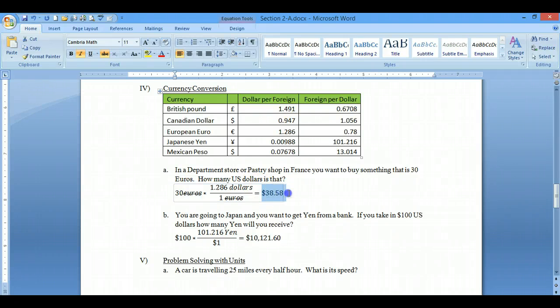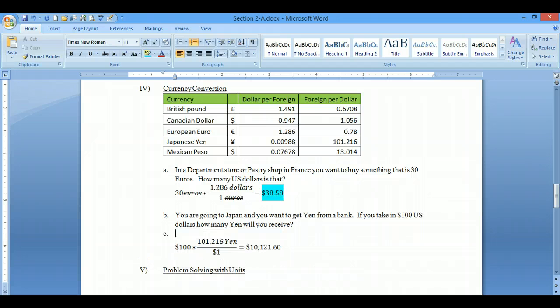And again, highlight in some fashion. I'm getting kind of done with yellow, so we'll use something different. Now, B. You're going to Japan and you want to get yen from the bank. If you take in 100 US dollars, how many yen will you receive in return? So here's my $100 and I times it by, I'm going to show just one more time because I think it'll be nice to see